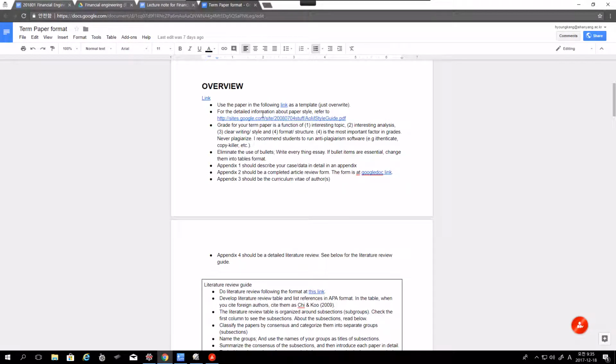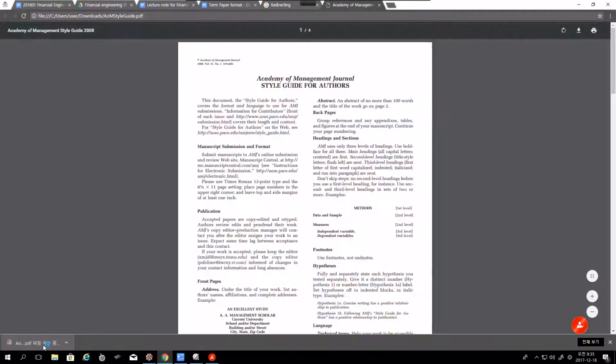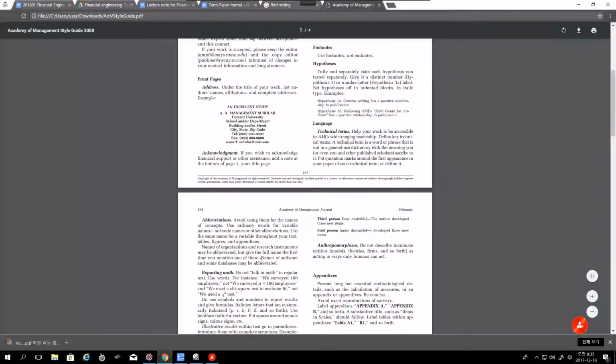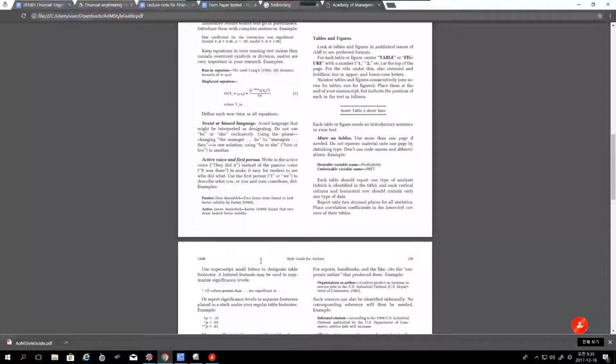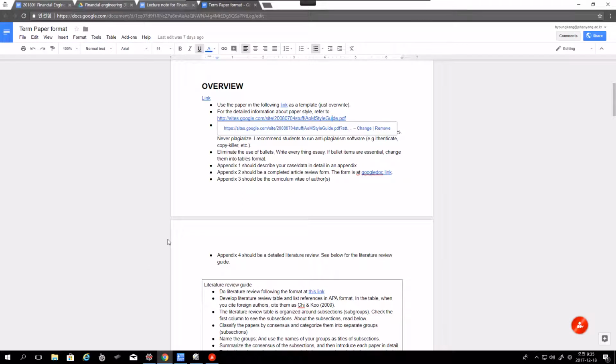For the detailed information about the paper style, refer to this one. So if we click this one, well, this is PDF file. Now we have a detailed explanation about how to formulate your term paper. And next,